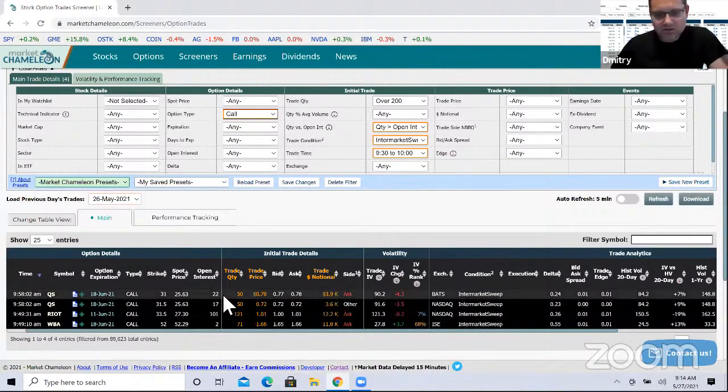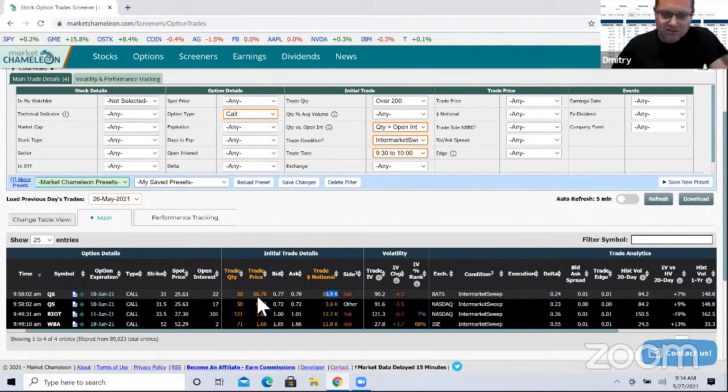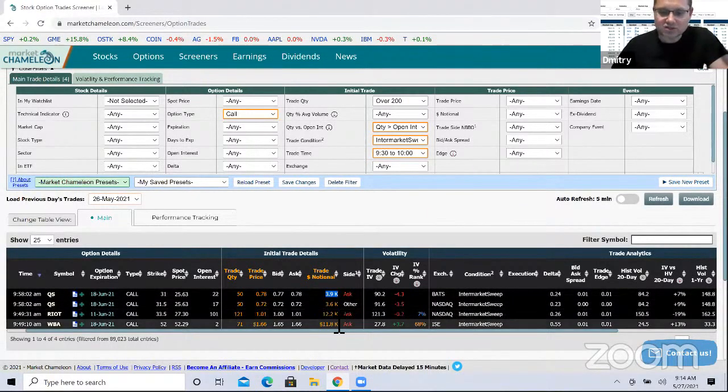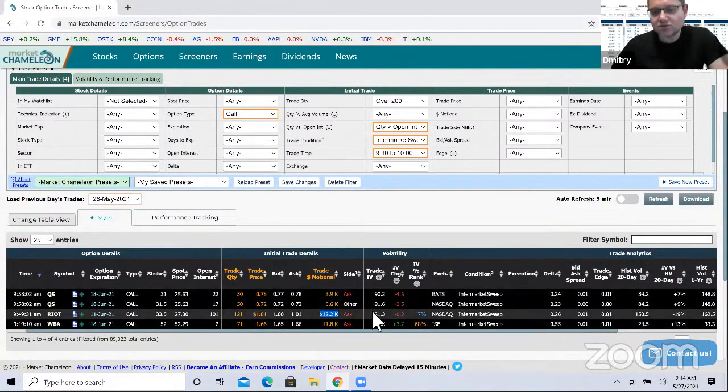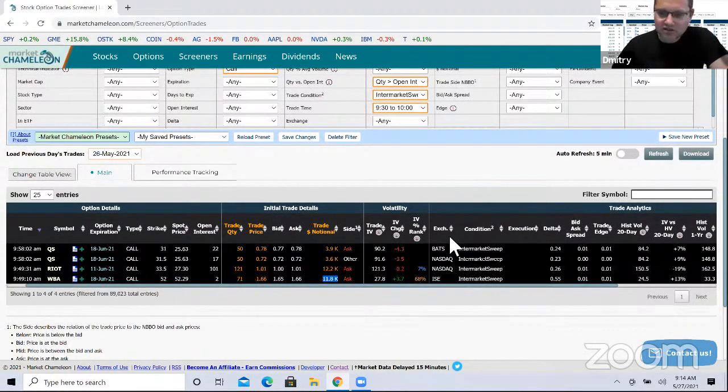Now here I see there's only 4 that met these conditions from 9:30 to 10, but the trade notional is not that high. This is what I'm noticing. It's 50 contracts, but it's $3,900 worth of options, 12,200 worth, so it's not very high notional, but let's just stick with this theory and say,